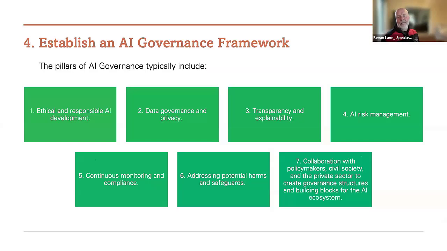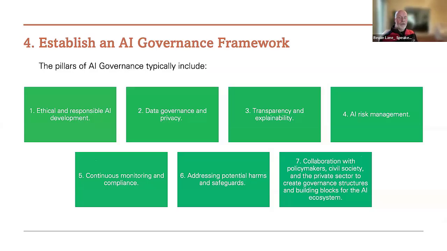Step 4, get the framework in place. The framework in place is the pillars, and they are these 7 things. Again, type in 7 pillars of an AI governance framework. With additional research, when you're doing a thesis, you would go and find 5, 10 copies of this and then come up with the most common. I've looked and I found on the internet 2 or 3 different ones which were very similar to this in terms of our governance framework.